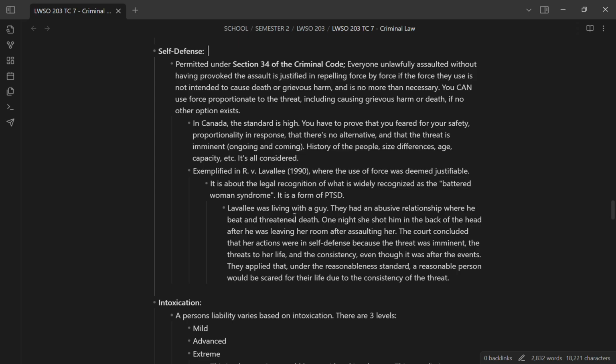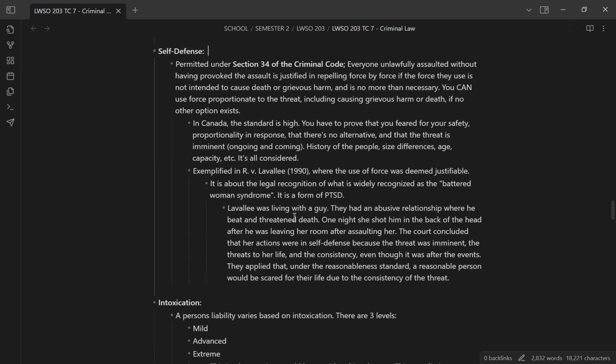They applied that under the reasonableness standard, a reasonable person would be scared for their life due to the consistency of the threat. Now that's important. It's an important distinction to make, because in a case where you're a random woman in Canada, and let's say you get pulled into an alleyway abruptly and assaulted,